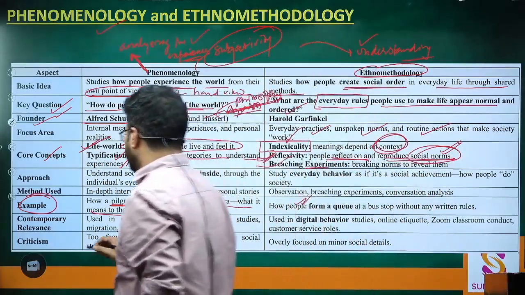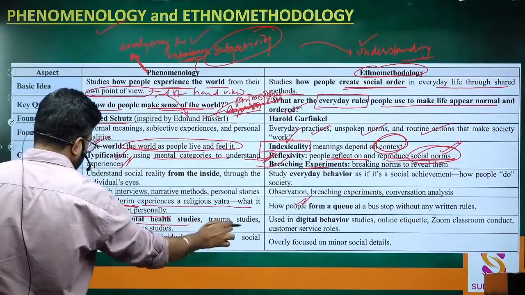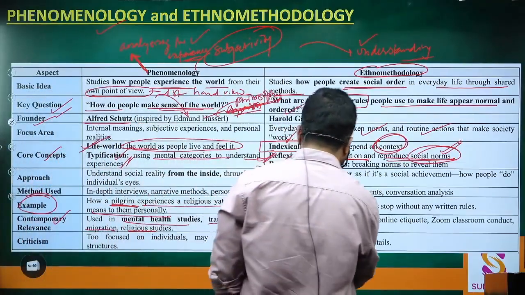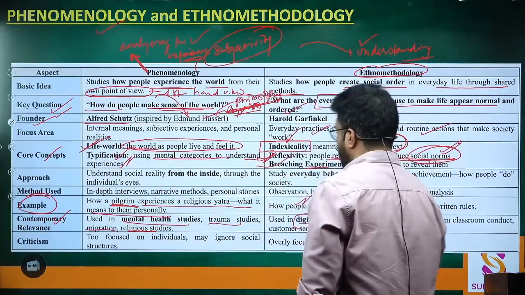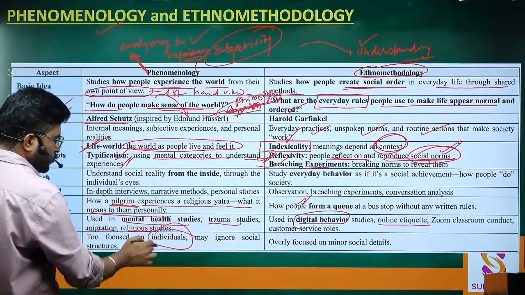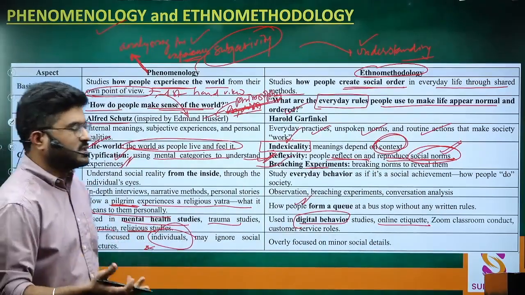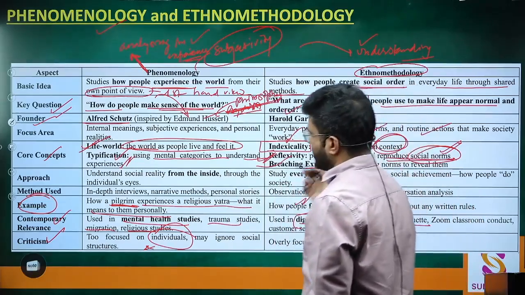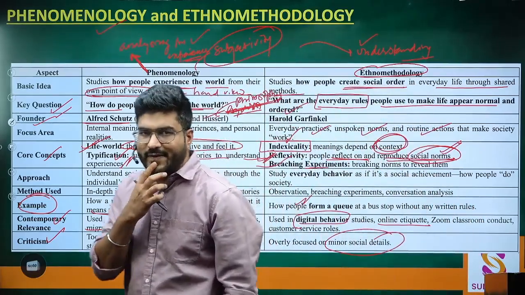Contemporary relevance, what is it? It is used in mental health studies, trauma studies, migration, religious studies, etc. Whereas ethnomethodology is used in digital behavior studies, online etiquette, Zoom classrooms, etc. Criticism: phenomenology focused too much on individuals and too much on internal experiences, whereas ethnomethodology focused on minor social details. That is the criticism. Okay,